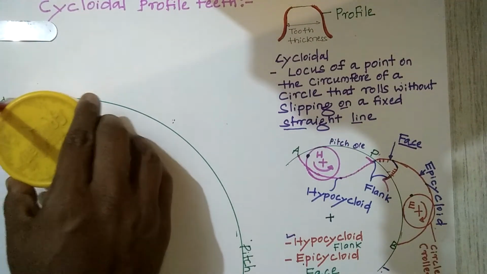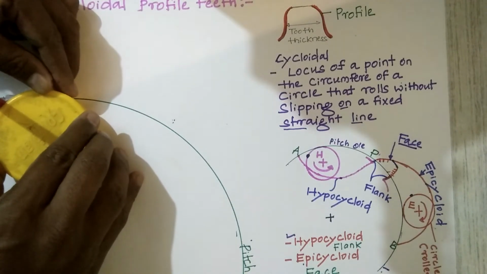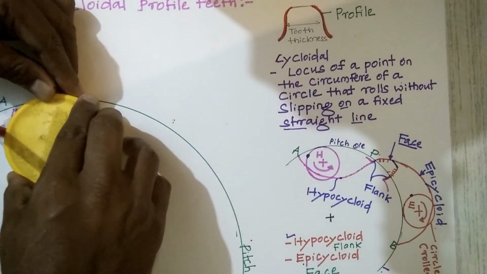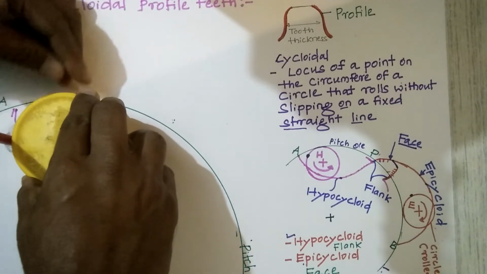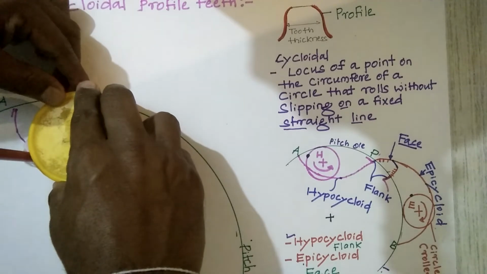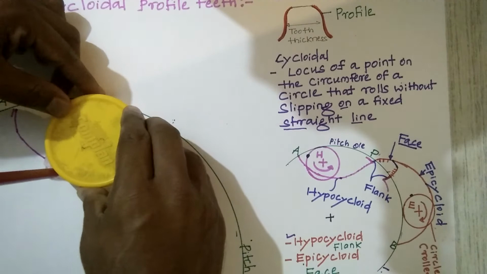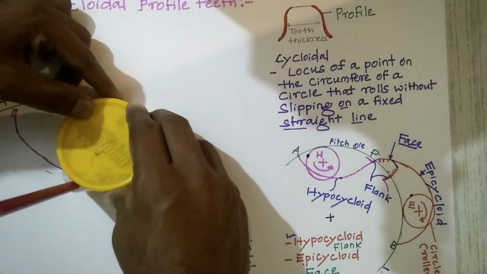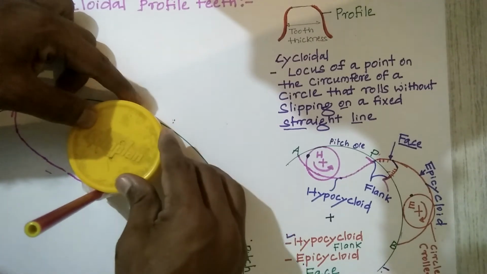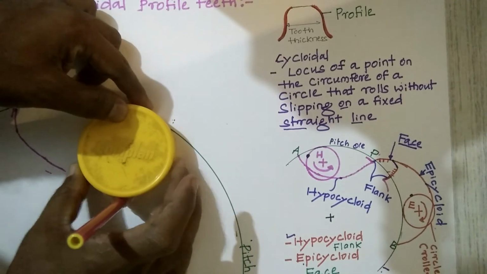Okay, I hope that you are getting this one. Then I will move this one. This is the locus of the point. It has to move without slipping. Without slipping, it has to move properly. If you are slipping, you will not get the curve properly. Look at this one. It has to move along this curve only. I hope that you are getting this curve, with it rolling on the pitch circle radius.